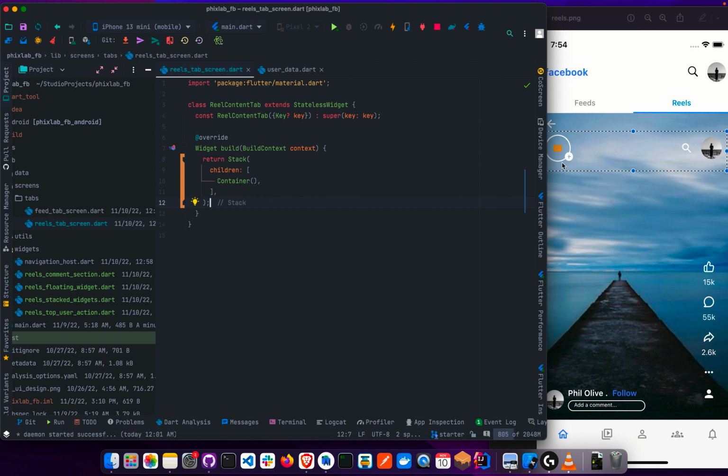The backdrop is going to be a widget that represents this one that is filled up in the screen. So how do I do that? I'm going to do that outside the widget here. I'm going to